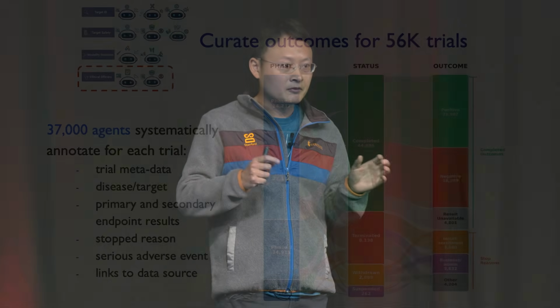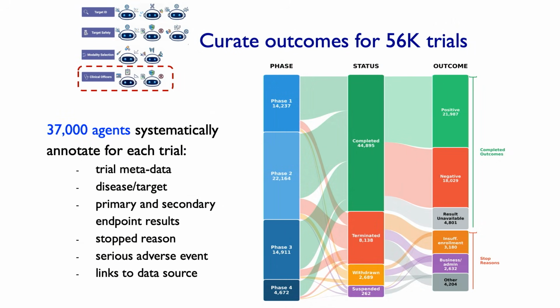We asked the agents first to help us to curate all the outcomes of these different clinical trials, because those outcomes are typically spread out in literature and press releases. And to do this, the agents automatically created 37,000 clinical trial agents. Each of these clinical trial agents is responsible for looking at one clinical trial, reading all the literature from company websites and press releases, and figuring out what actually happened in that clinical trial, so all the outcomes, the success of those trials or failures. So this already creates a very useful database.